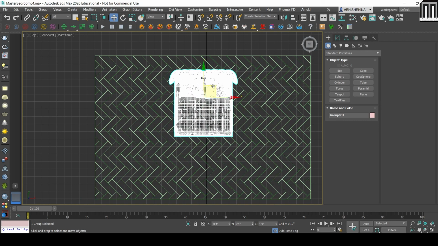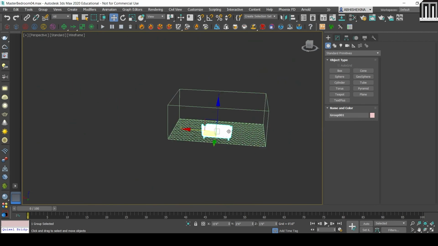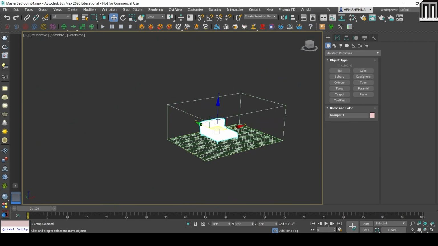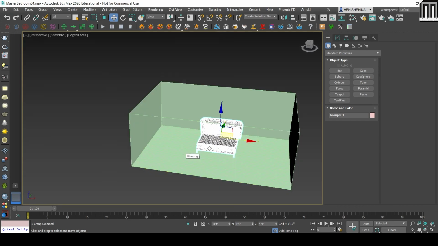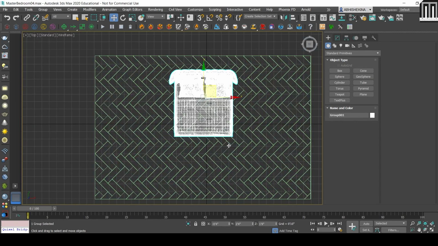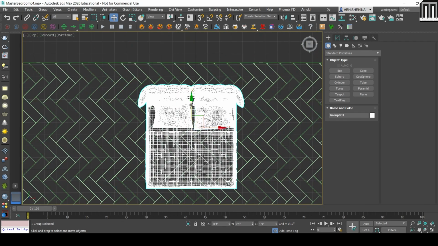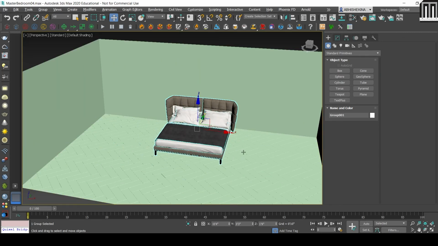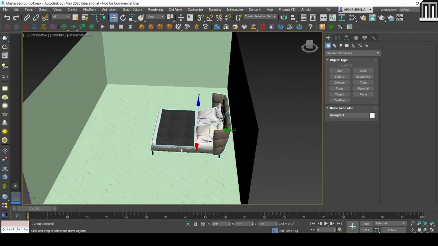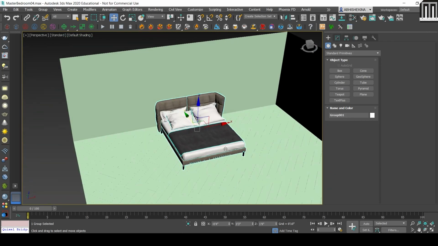Now I'll place it in between, where we have planned. Now you can see the textures are perfectly there. We don't have to manage textures from outside again. The texture has come perfectly.